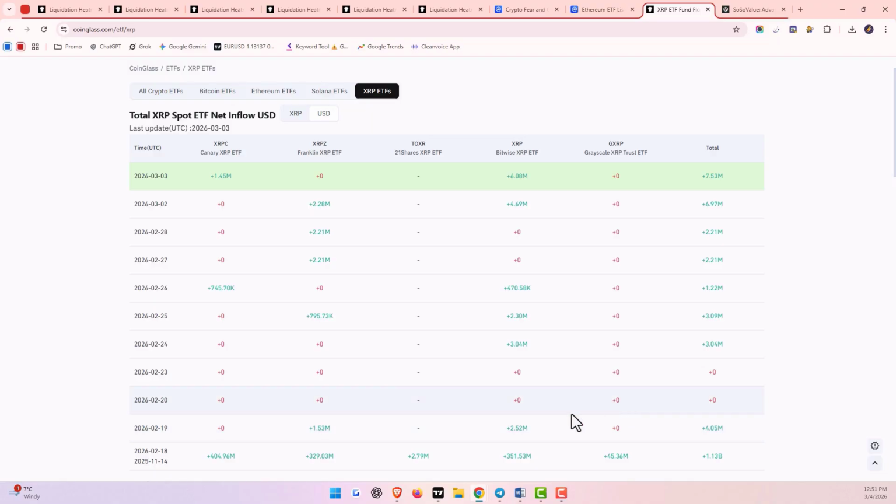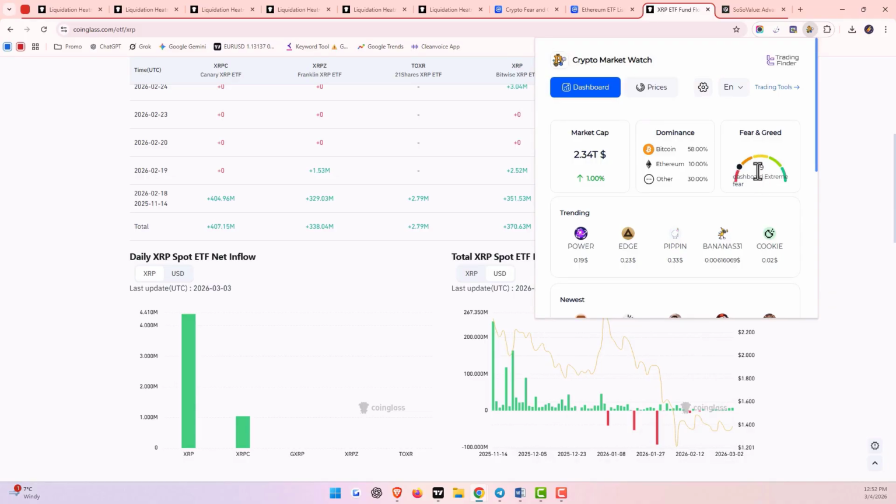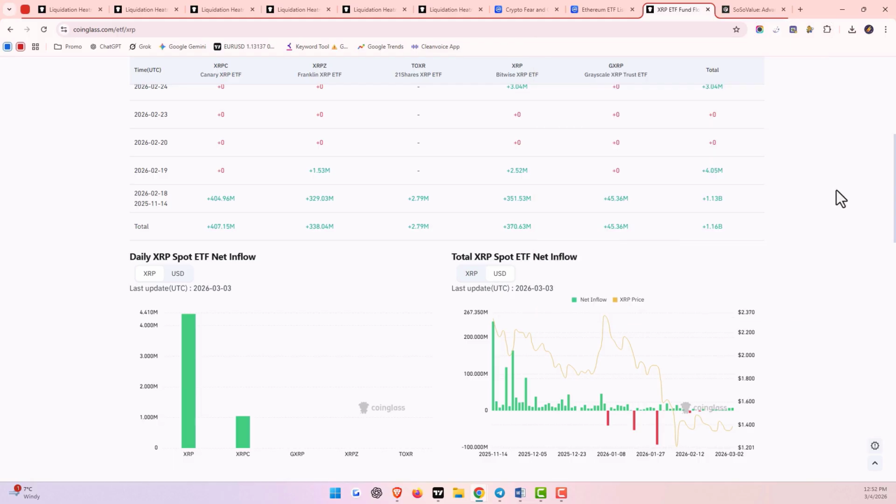We are currently observing the inflow and outflow of capital into Ripple ETF funds. You can see that over the past 2 days in this trading week, there has been a significant inflow of capital into these funds. By analyzing the chart, we can observe that over the past month, there has been a consistent average inflow. This, along with the Fear and Greed Index rising to 19, indicates a return of investor confidence to the crypto market. However, we still need to keep in mind that this number is in the extreme fear range, and given the news of the war between Iran and the United States, we cannot expect a strong rally